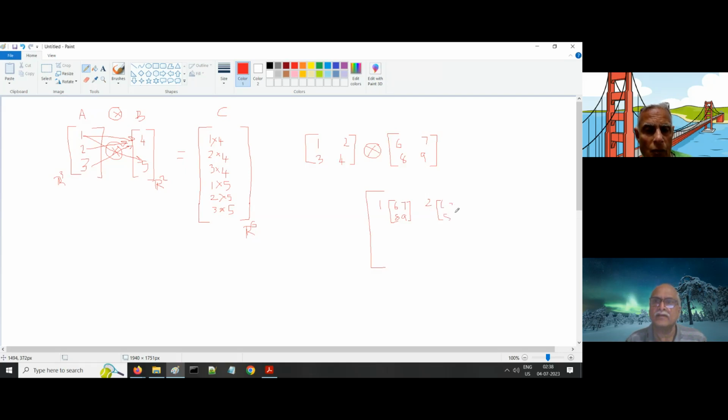Right? And similarly, you just get running through all the typical combinations. Then it will be 3 multiplied by this, 4 multiplied by this. And once you evaluate these multiplications, now you will just get all the inner terms. So this tensor product is very much similar to setting up a super matrix and then performing the multiplication,